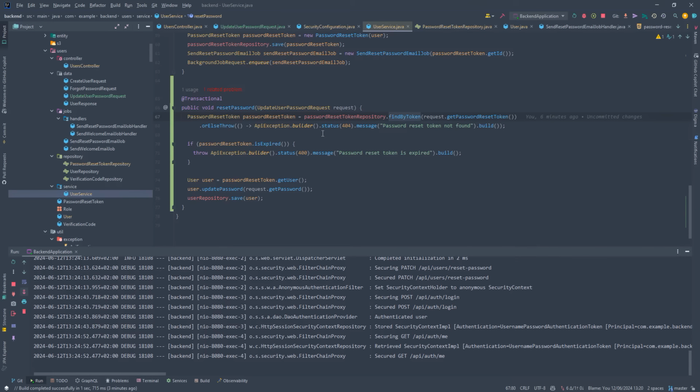Then if we are not able to find the password reset token, of course we will not continue, instead we will just throw an exception. But in case we do find it, we will first also check if the password reset token is expired, in which case we will also throw an exception. But otherwise we will get the user from the password reset token and we will call this update password method